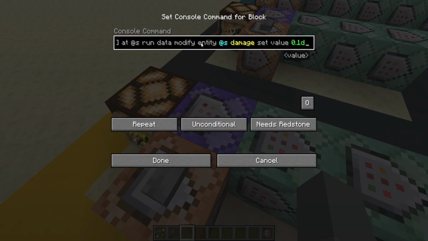See, it says data modify entity as the damage value. It sets it to a value of 0.1. Now the reason we have, and make sure you put the D at the end as well, so 0.1D. Now the reason we have it set as 0.1 instead of 0 is because if you just set it to